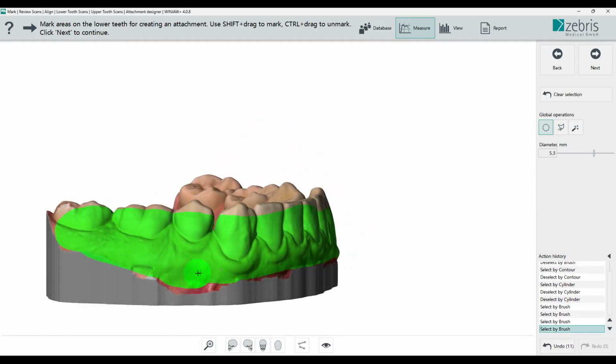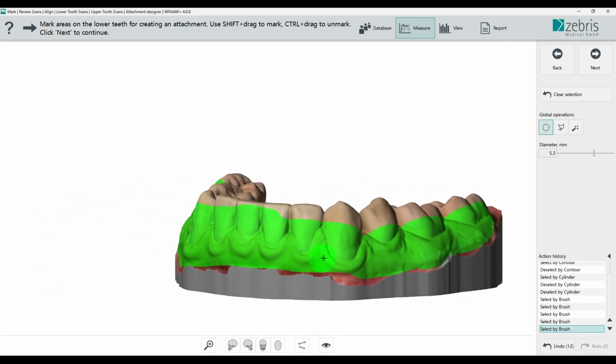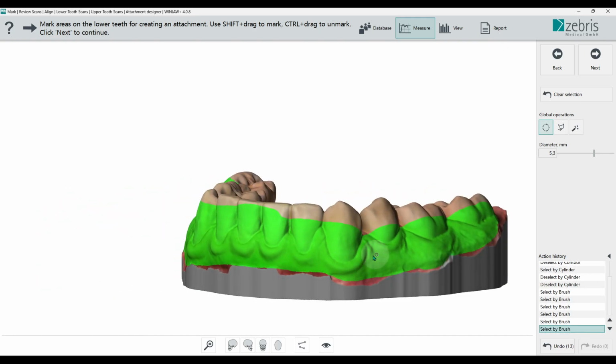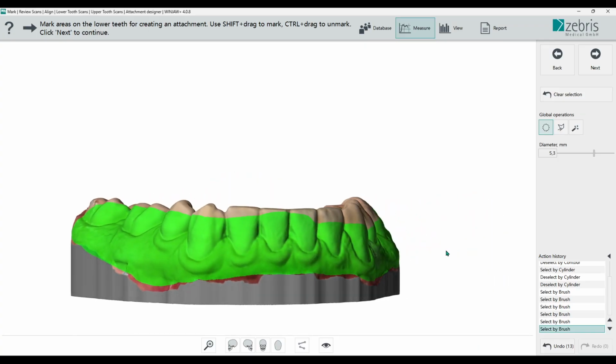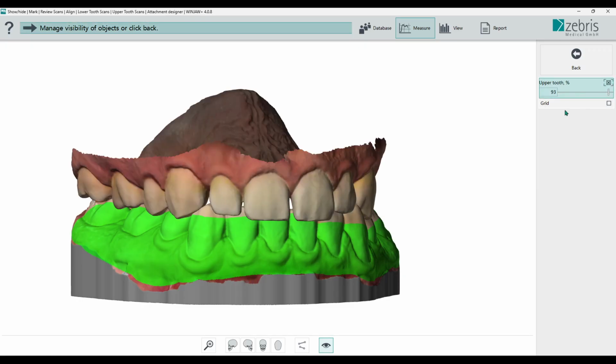I really like to use the gingiva of the scan to support the attachment in the mouth of the patient. To check if we have intersections with the upper jaw, we always have the possibility to make the upper jaw visible over the eye symbol.